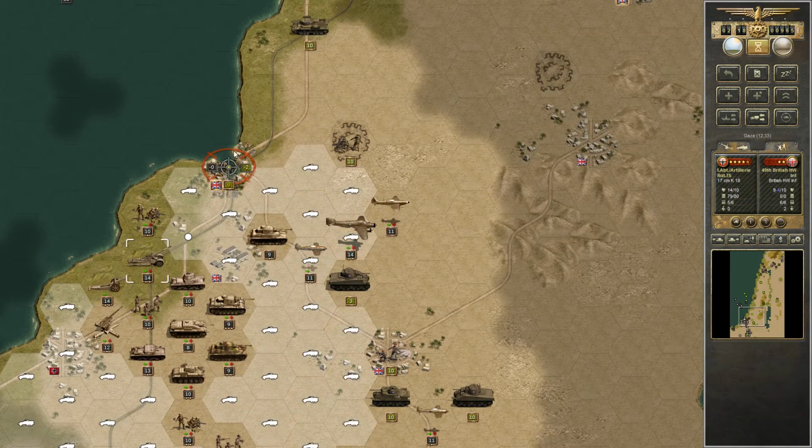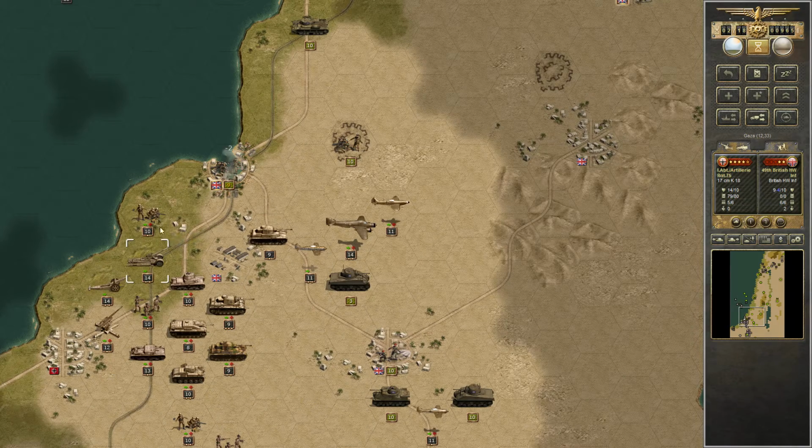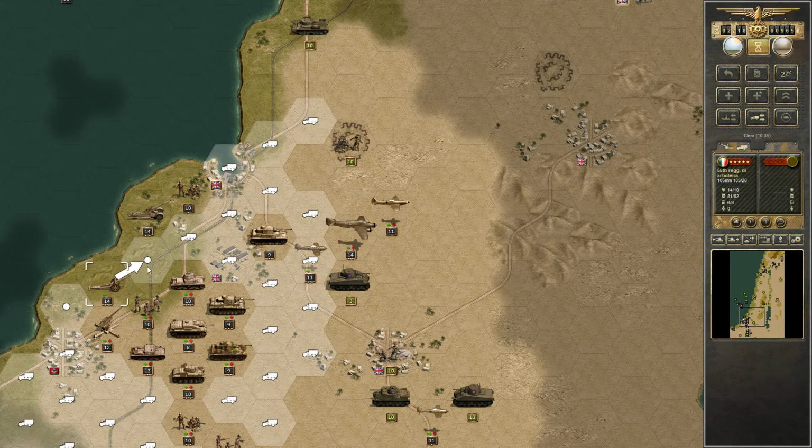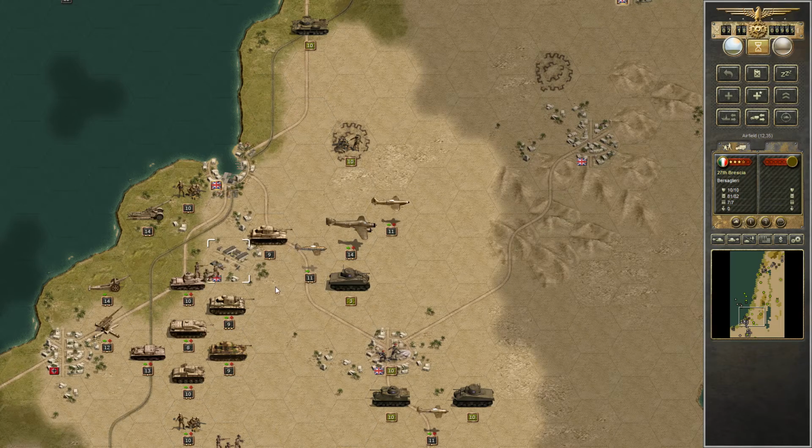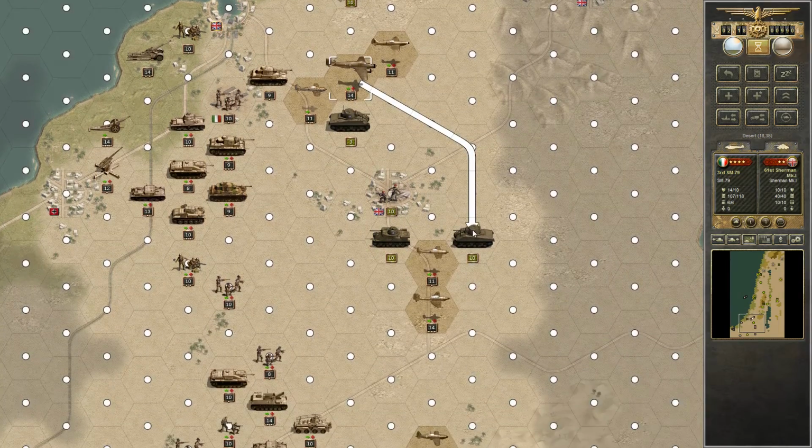Everything is safe around Gaza. So let's force out this heavy British unit and maybe induce a counterattack. If the Valentine goes into the city, this will be good, obviously. Take the airfield to get rid of their vision, and I think, yeah,